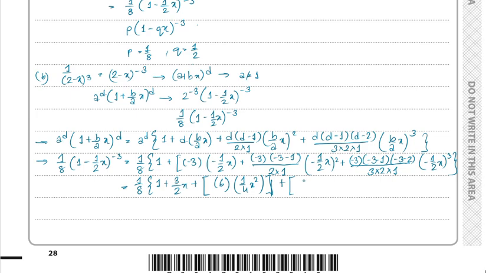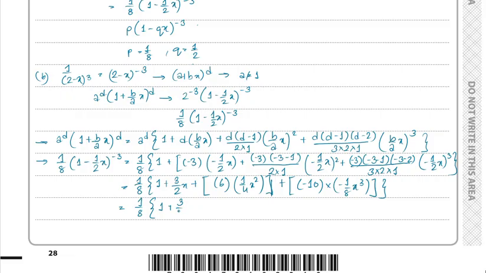Minus 3 multiplied by minus 3 minus 1 multiplied by minus 3 minus 2 divided by 6 would be, so this would be minus 10 multiplied by minus 1 by 8x cubed. So if you multiply 1 by 8 with the whole expression, then that would be 1 by 8. So 1 by 8, then you have to write the bracket, so it will be